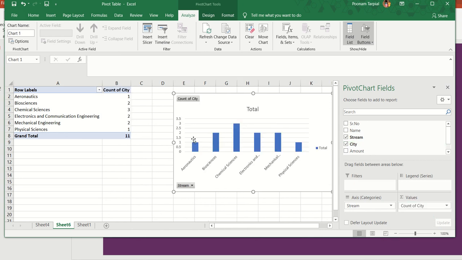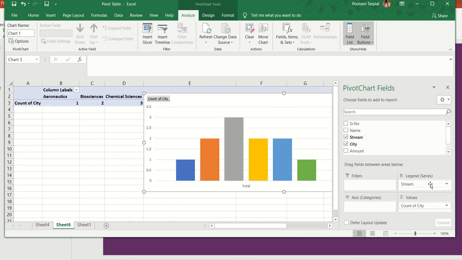So now you people can see it is telling me, in this axis. So this is the axis that you people see, and it is telling me how many people from this particular stream there are. So if I talk about aeronautics, you can see there is one student altogether. And in case I want the legend also to be activated, I can go ahead and click this thing in the legend also. So the moment I have selected the legend, people, you can see these are the various legends that I'm getting. So these are the various tabs which have been highlighted now.